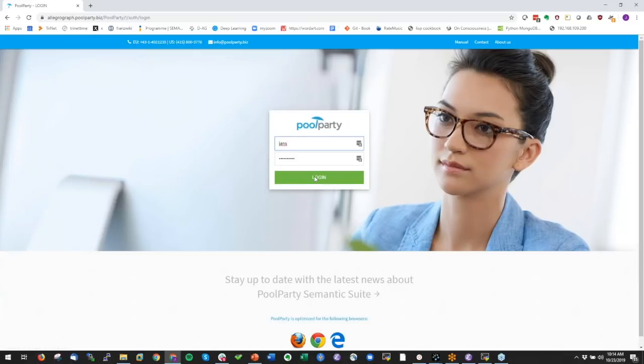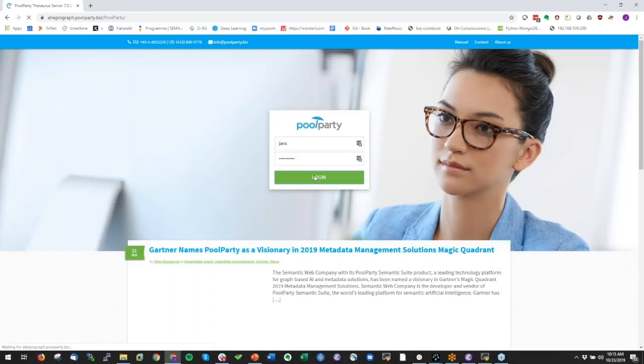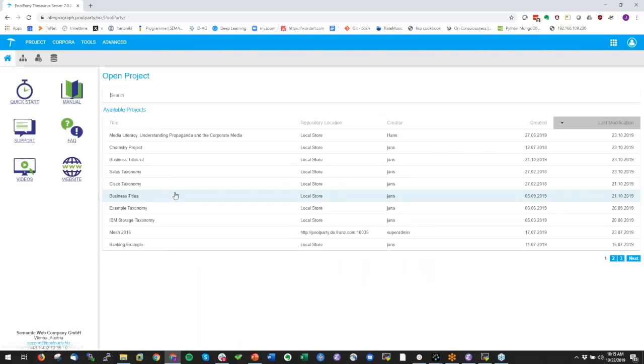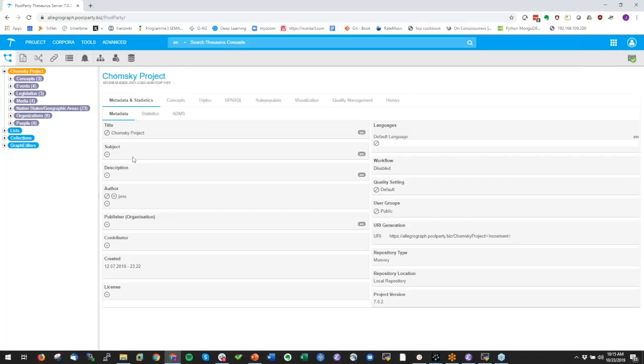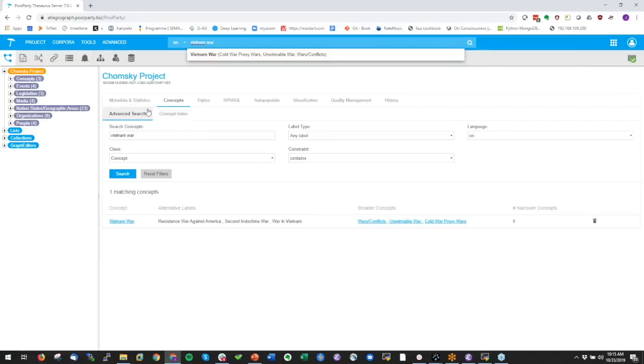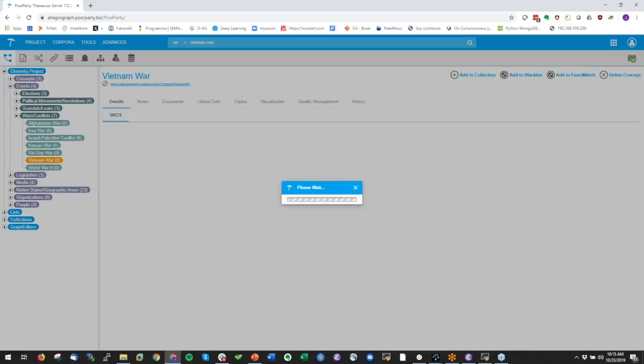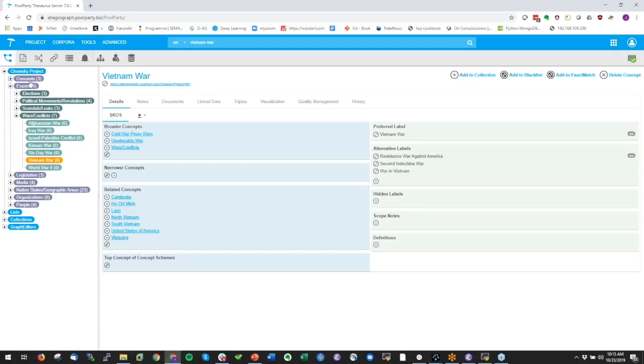A tool that I'll show you again is where we can create taxonomies. If you want to deal with speech technology and NLP, you always start with taxonomies. That's the most important part that you have to build before you can do anything meaningful. So let's say look for Vietnam War in our taxonomy. I'm assuming that most people know what a taxonomy is. I'm not even going to describe it, but here we see that we created a huge taxonomy around all the political concepts in the work of Noam Chomsky.